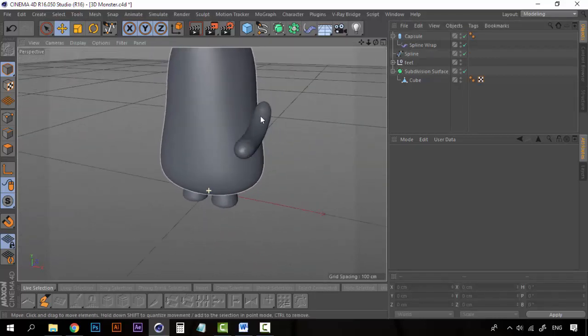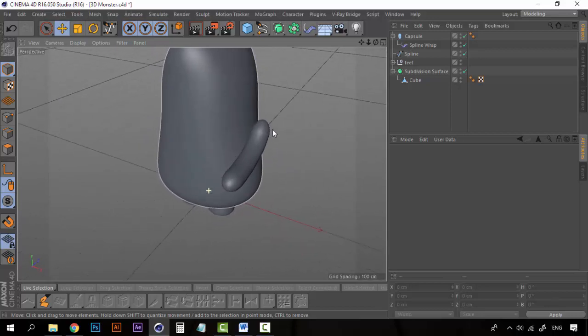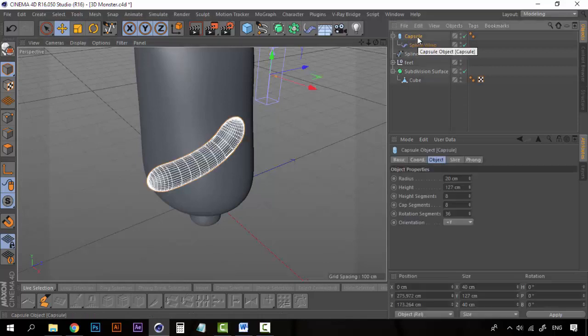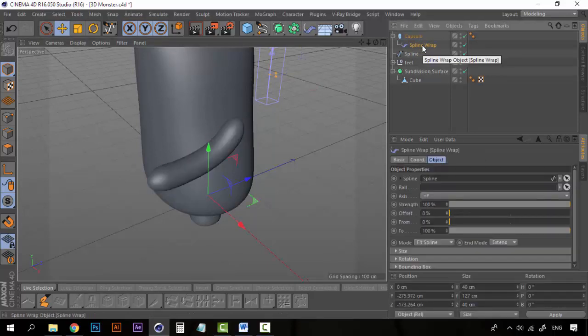Okay, now we have created the arm, but right now you can see that the 2 points, the 2 edges of this shape are the same size. So I want the part of the hand, or where the hand is supposed to be, to be bigger. So to do that, we're going to select the spline wrap,